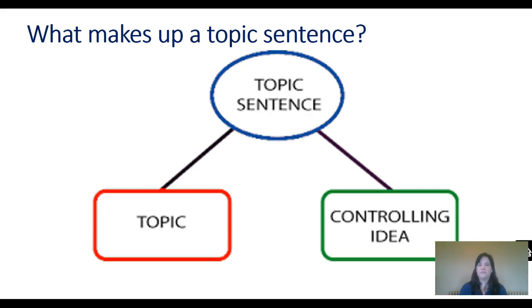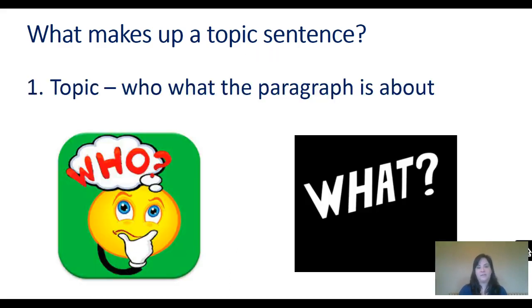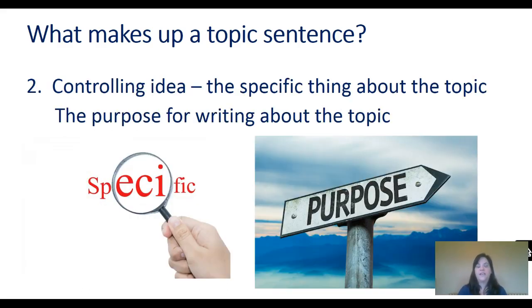So what makes up a topic sentence? Well, a topic sentence has two parts, a topic and a controlling idea. The first part of a topic sentence, the topic, is the who or what the paragraph is about. The second part of the topic sentence is the controlling idea. This is the specific thing about the topic that the writer wants to discuss, or it's the purpose for writing